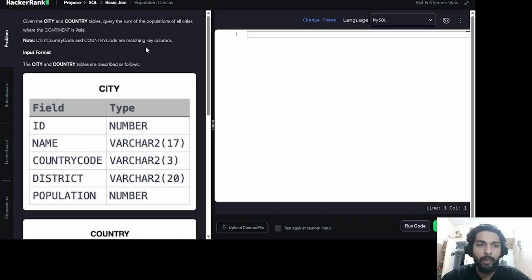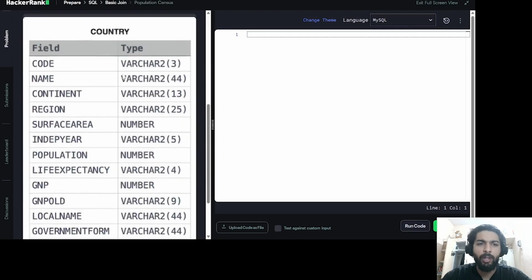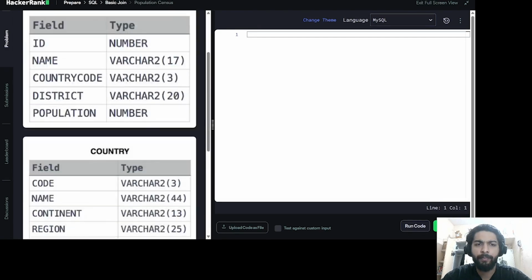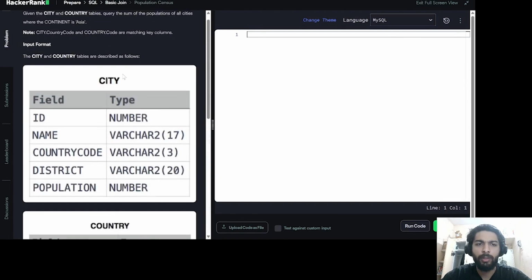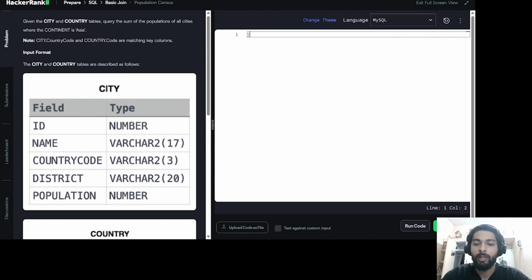Okay, so let's start. In this question, we are given city and country tables. Query the sum of population of all the cities where continent is Asia. We are given 2 tables this time, so we will have to use a join. Okay, so we'll see it. First we'll select